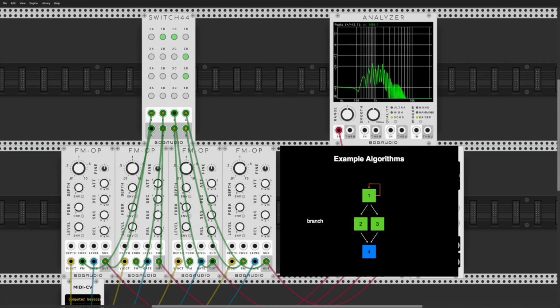All right, so we've got a really rich inharmonic sound right now. Let's go ahead and add some envelopes to this. We'll add a level to operator 4. And then we'll do feedback on 1, and let's do depth on all the other ones. So now when I press a key,